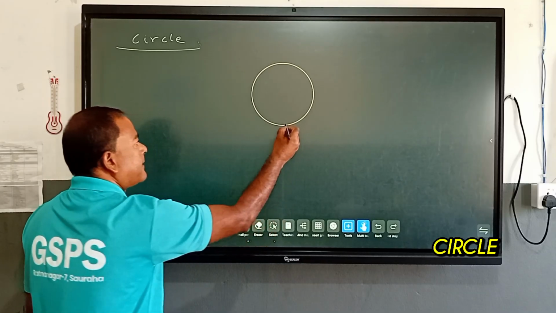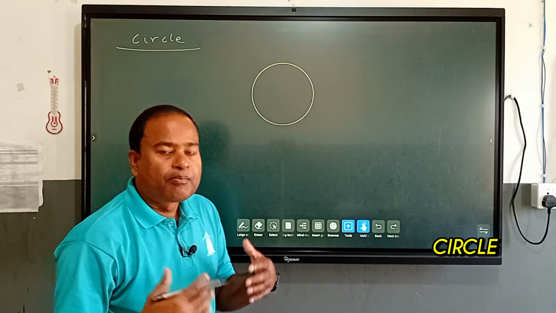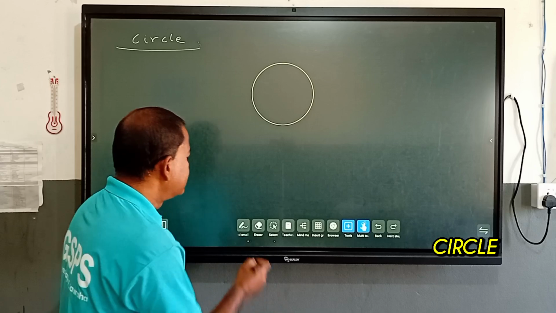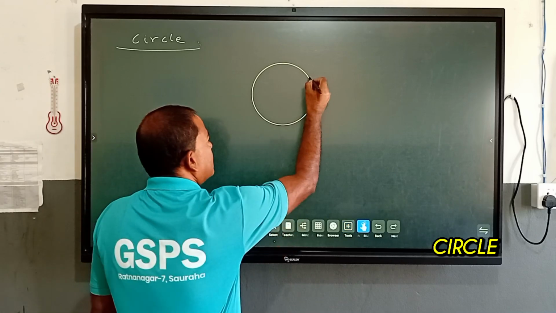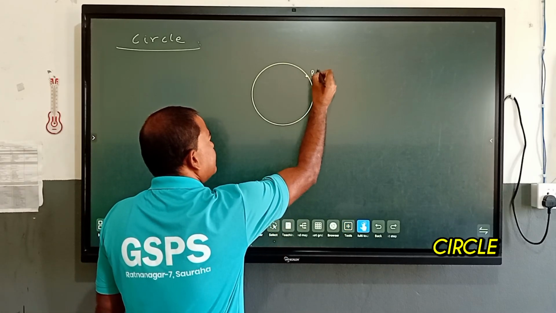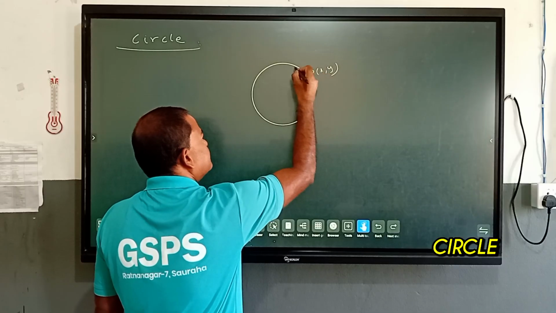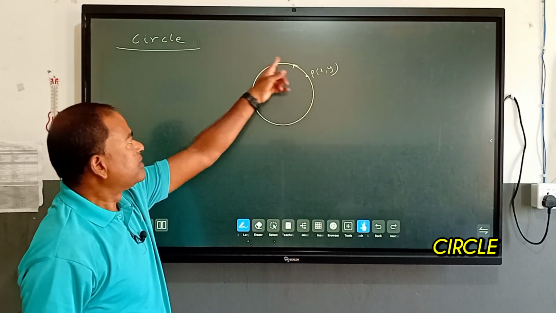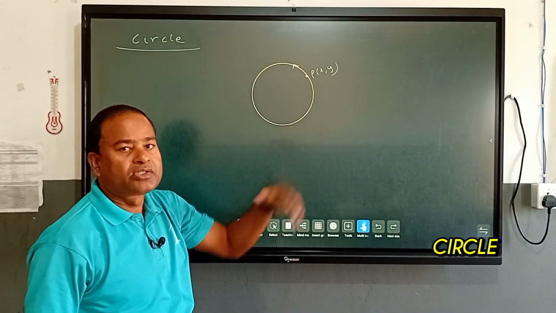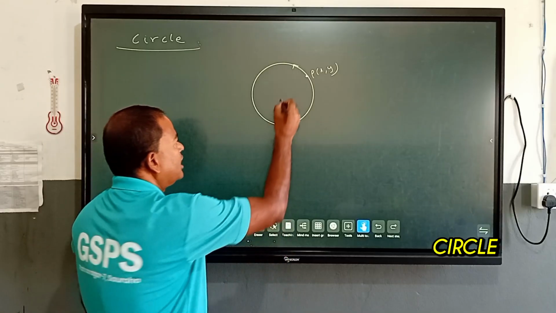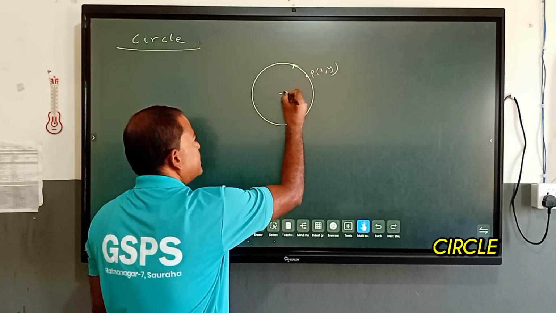Circle is the path made by a moving point. Let's suppose a moving point is P(x, y). The path made by a moving point which is always equidistant from a fixed point,